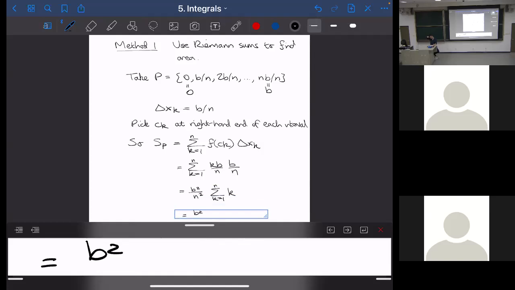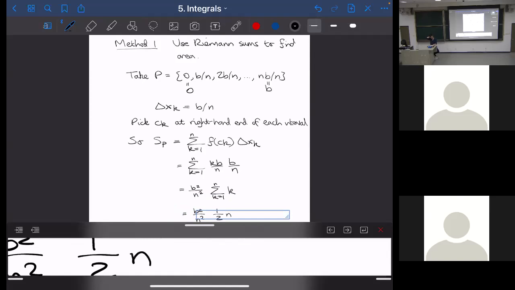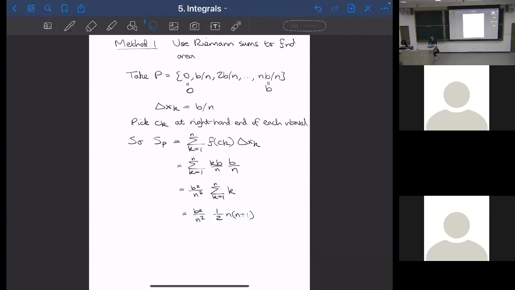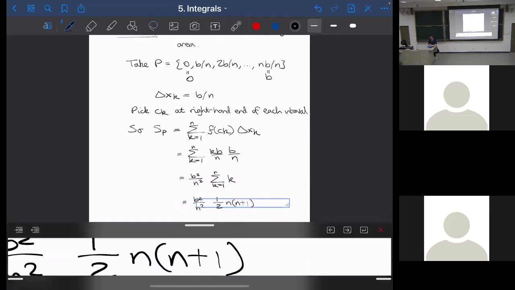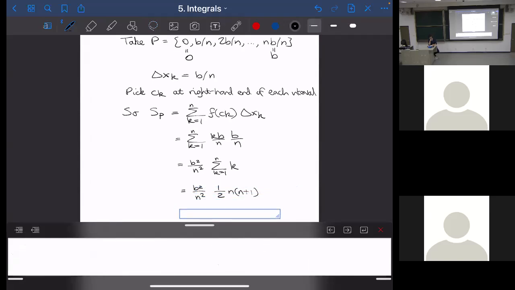And then we saw last time how to calculate that sum, it's half n times n plus 1, I think. So I'm just going to check that. If n equals 1, the answer should be 1, and it is 1. Okay. And so that is b squared over 2